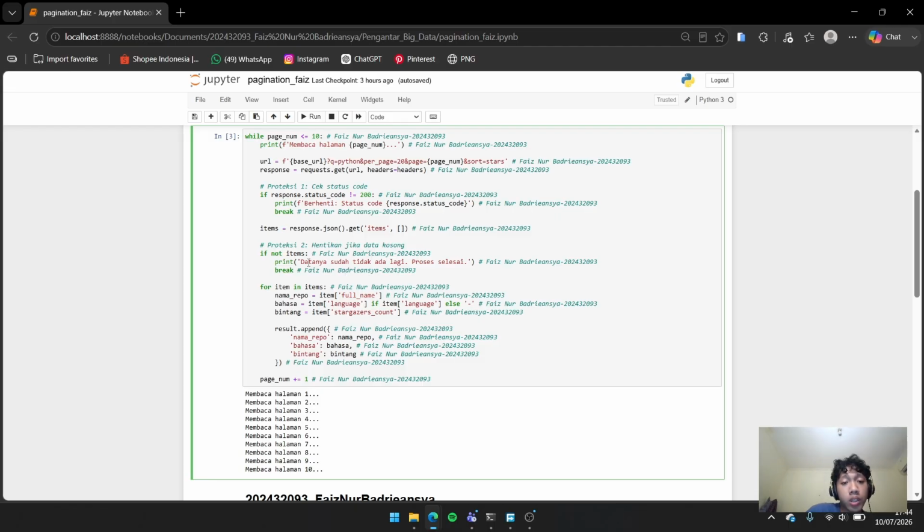And so the repo. In the loop, there are data retrieved from each repository.